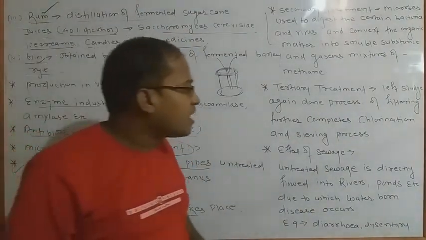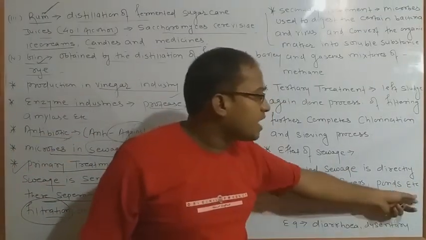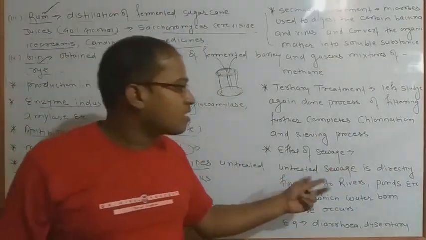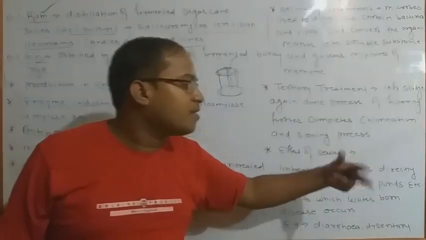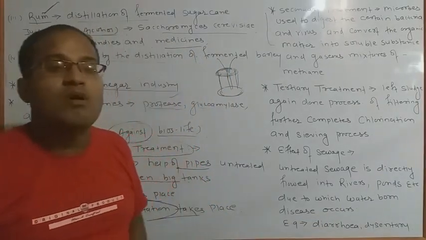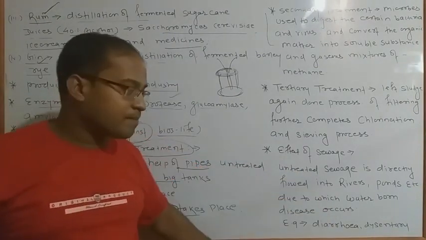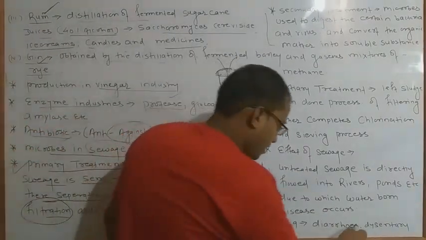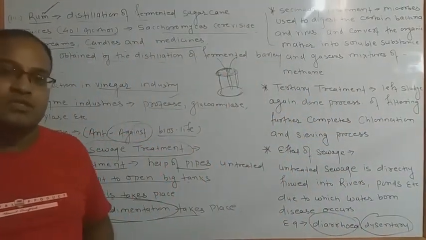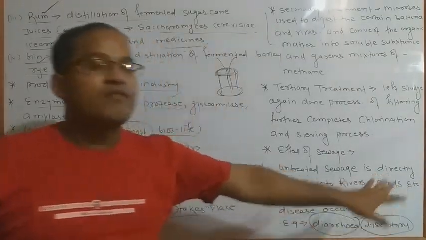Okay, apart from that, when the untreated sewage is directly flowed into the rivers, ponds etc., अगर हम जो भी हमारा सीवेज होता है, उसे अनट्रीट करके पॉन्ड्स में, रिवर्स में या कहीं पे भी फ्लो करते हैं या डिस्चार्ज करते हैं, due to which waterborne diseases occur, जिस कारण से बहुत सारी बीमारियां निकल कर आएगी. कौन कौन सी बीमारियां हो सकती हैं? Like diarrhea, dysentery and typhoid, as we have studied in water pollution. Okay, जब हमने 16 चैप्टर पढ़ा था तो उसमें हमने डायरिया, डायसेंट्री, टाइफॉइड डिजीज के बारे में पढ़ा था.